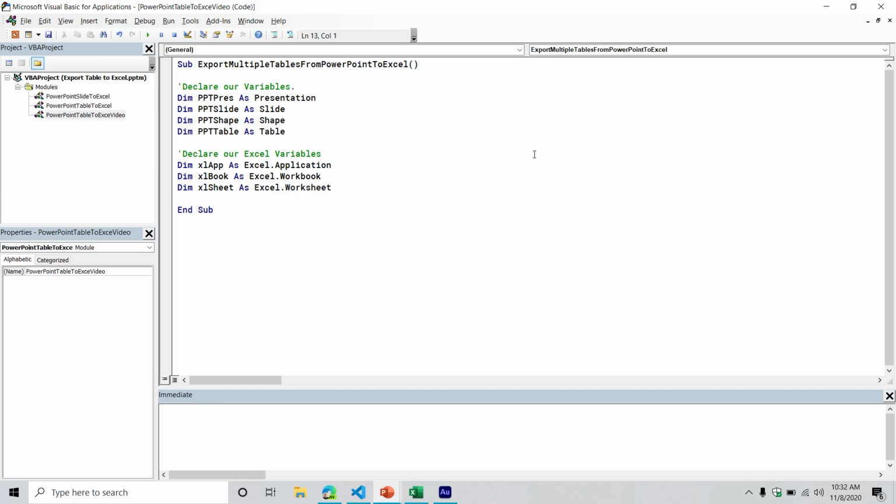Inside of our workbook. Notice how I'm just going one layer after the other. Then from here, we will be pasting it into a range inside of our worksheet, so we're going to also declare a range object as well. Okay, so then from here, the first thing we need to do is grab the presentation that we plan to